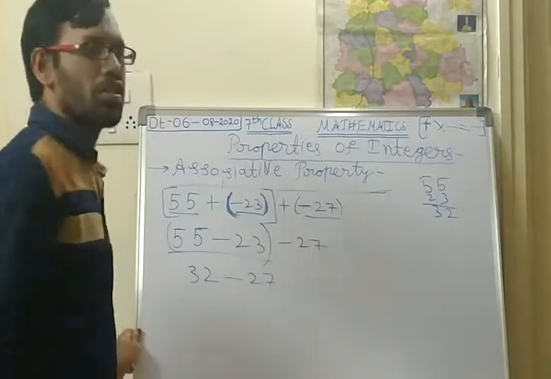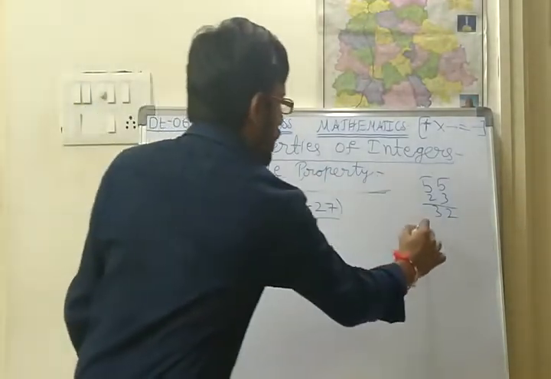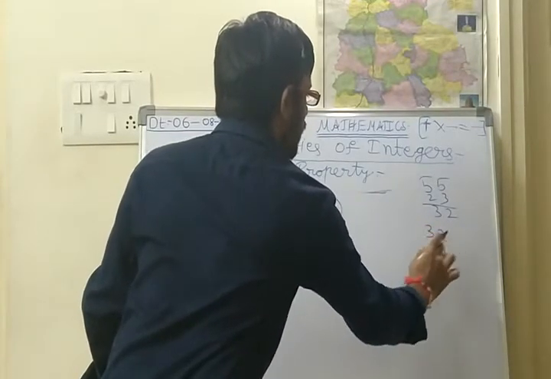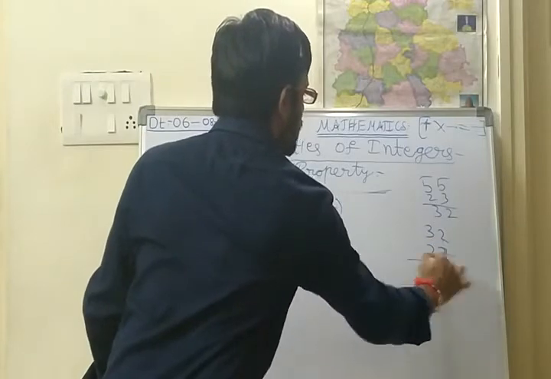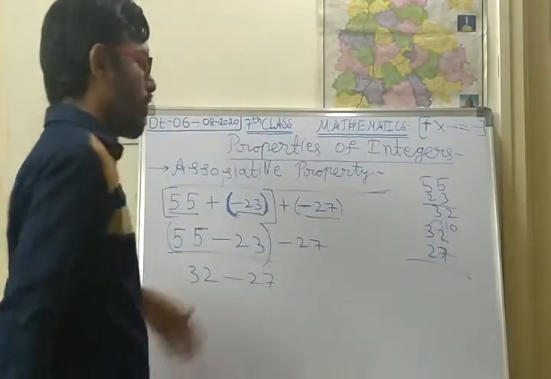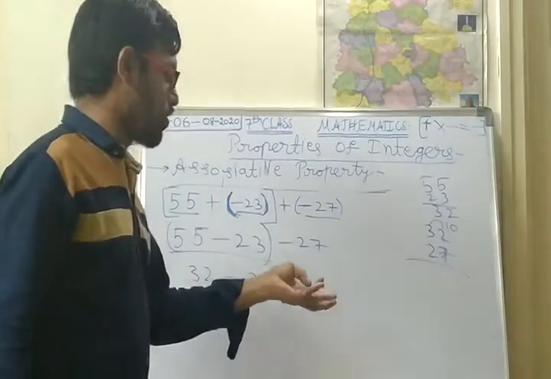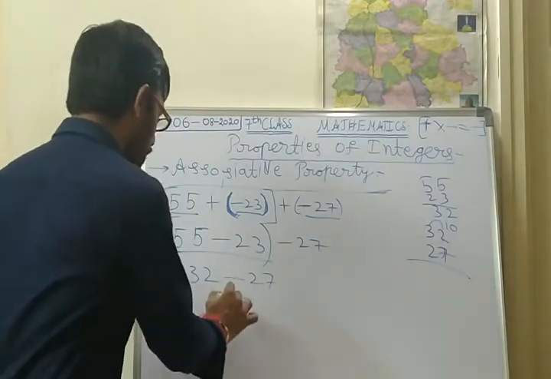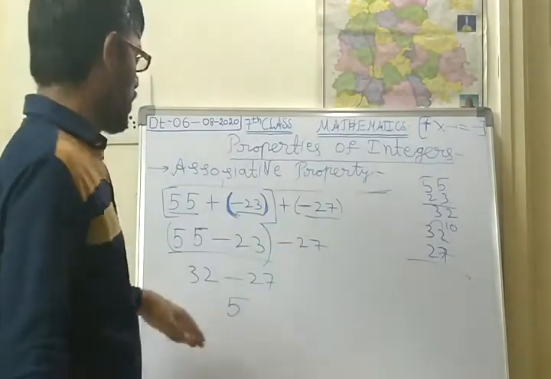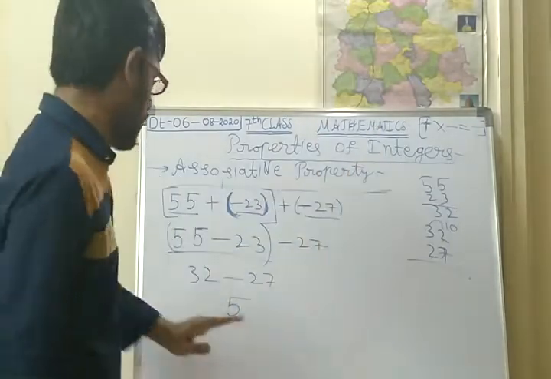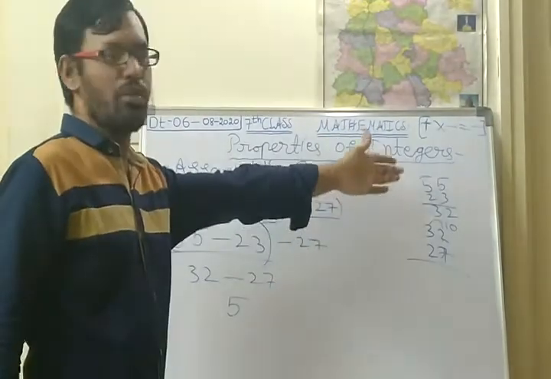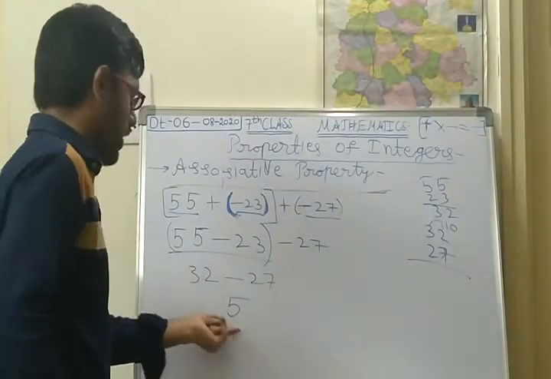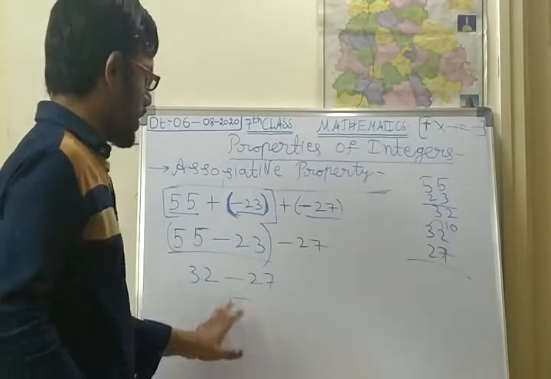So 32 minus 27. What is 32 minus 27? You people might be knowing very easily. From 27, take carry over, 28, 29, 30, 31, 32. So 5 is the answer. So 32 minus 27 answer is 5. Okay, directly you have to try to do; if not, you can check like that. There is no problem. For our confirmation we have to do like that. So 32 minus 27 is 5. Here for the first step the result is 5.